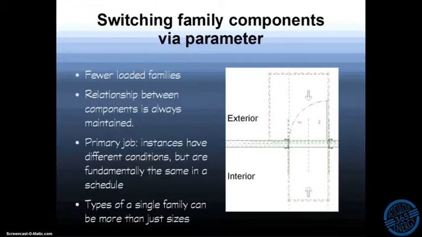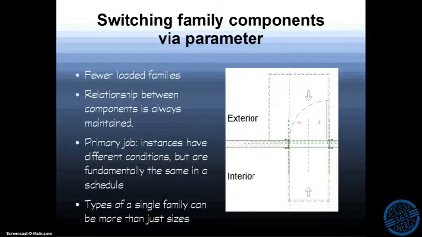Switching family components via parameter. The main reason for this is so that instances have different conditions but are fundamentally the same, but one of the things it also allows is for fewer families to be loaded into your model. The classic example for this for architects is window surrounds. You can have trim surrounds, you can have brick headers and sills of various types, precast ones, but if you're loading these families separately and you need to build that up on the wall and host them individually,